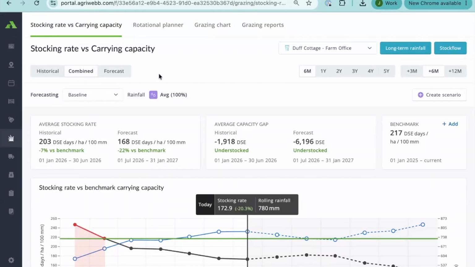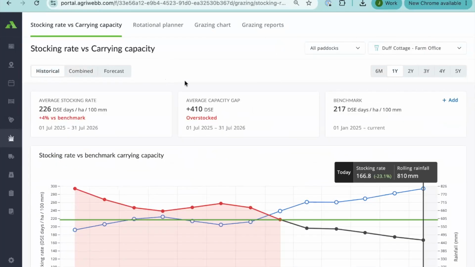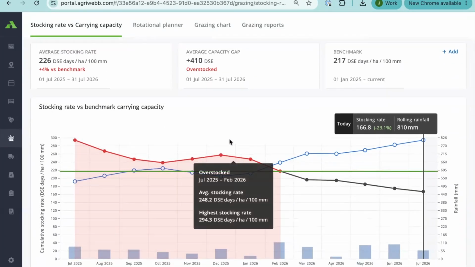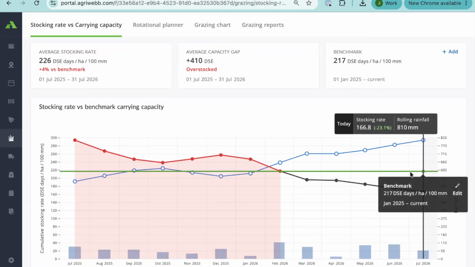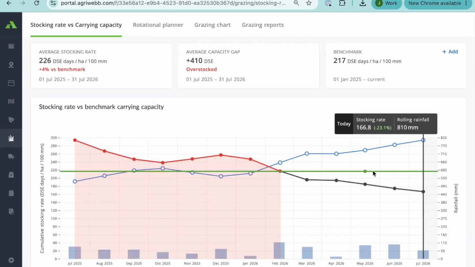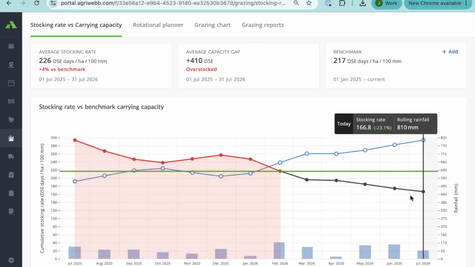So in terms of the stocking rate versus carrying capacity report, just a reminder of the value here. Historically, this is a tool for producers to understand how their stocking rate is tracking versus their long-term benchmark carrying capacity. So this green line is the benchmark that their farm can support, and this red turning into black is the